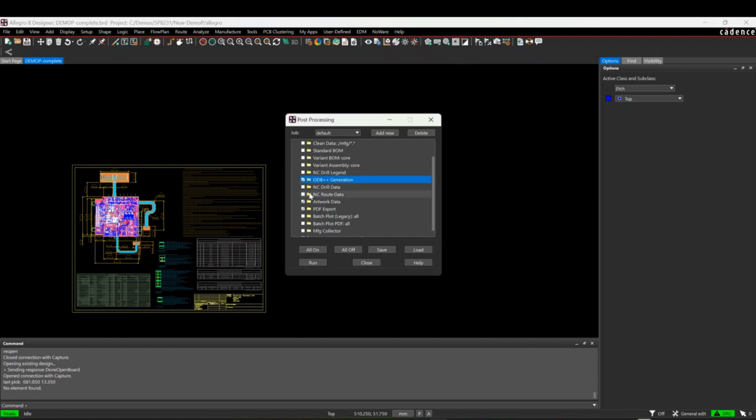So you would then effectively tick the boxes for what you want the tools to actually go and generate for you, and then we just click on run, and that would then go and generate all the individual files and put it together. As part of this also, there's things like a zip collector, so it would zip all these files into a manufacturing folder where you put the different files. Obviously, batch plots are a default command as well that you've used already. So lots of different integrated commands here to speed up that export processing, giving you a consistent package